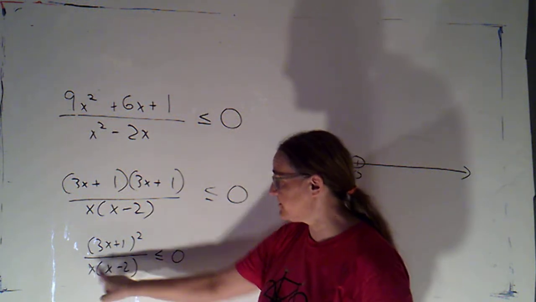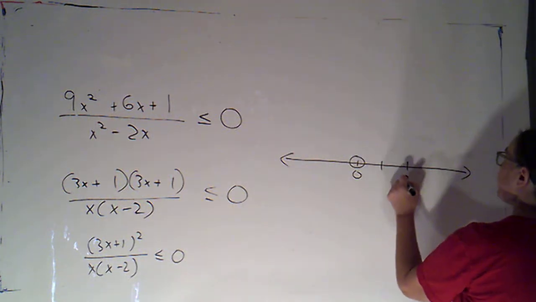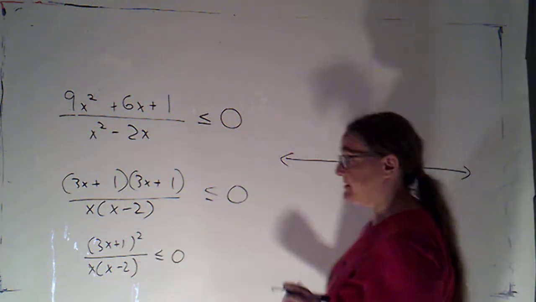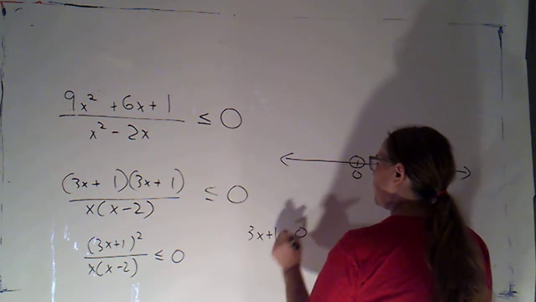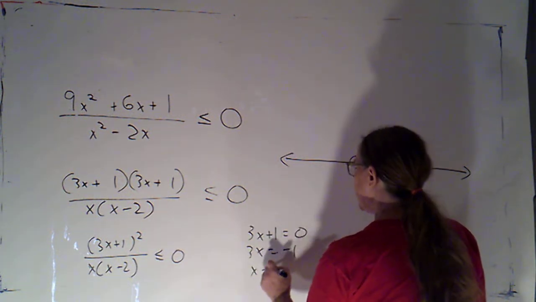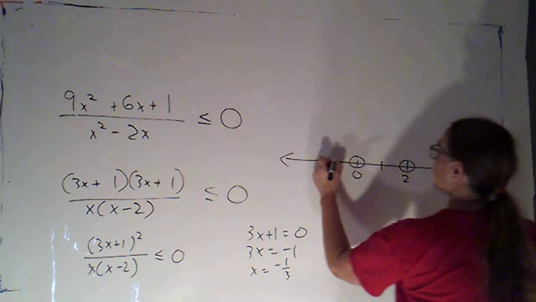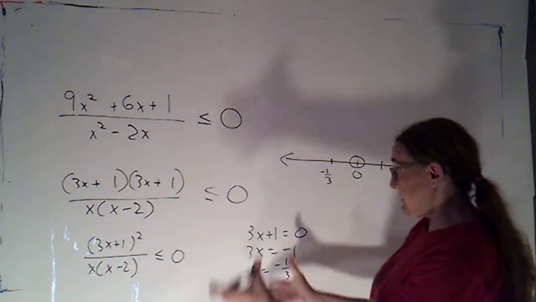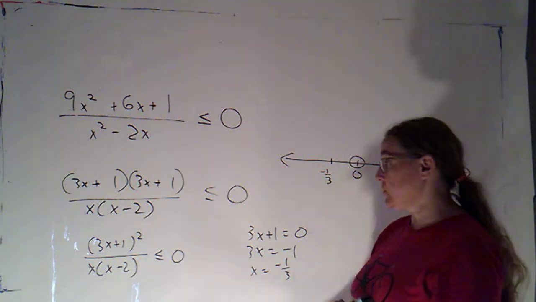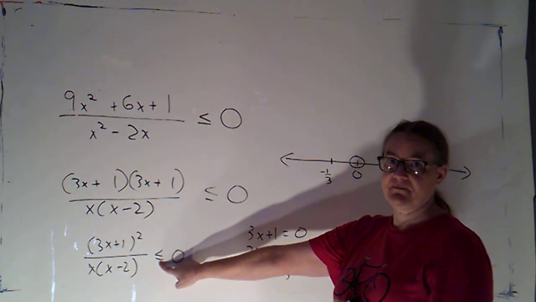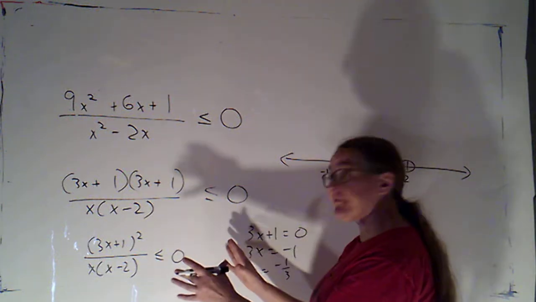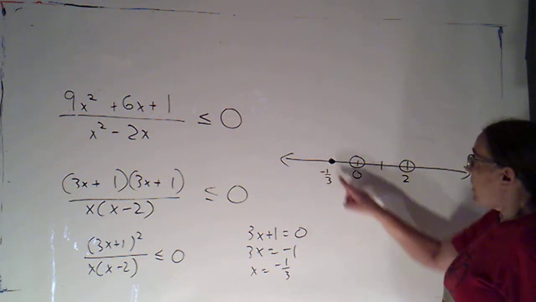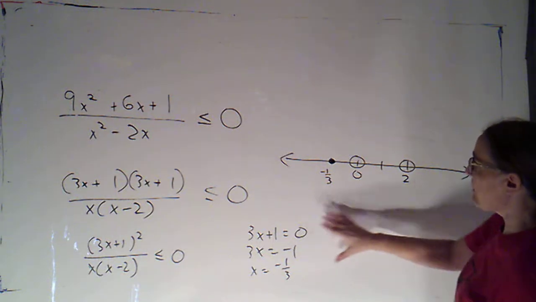Okay, so 0 makes the denominator 0, so does 2. So I'm also going to have an open circle at 2. Now I can take a look at what makes the top 0. So if 3x plus 1 is 0, 3x would equal negative 1, x would equal negative 1/3. Okay, so I'll look at negative 1/3. Now, that makes the top 0, so what does it do to the inequality? It makes it true because this is an inclusive inequality. So the fact that it's inclusive says if the fraction is equal to 0, that point gets included. So I'll go ahead and fill in the point there,